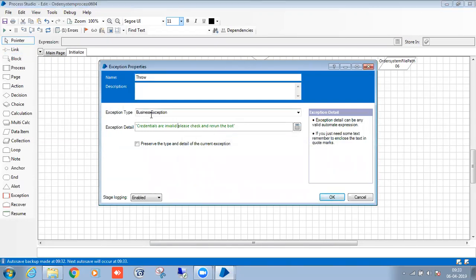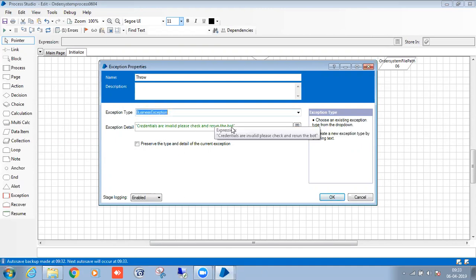Same business exception. Why? Because business people have to do these things properly. They have given one path, the Excel file path. In that path, they have to keep that particular Excel properly before running the bot, right? So if not, then there is an issue.